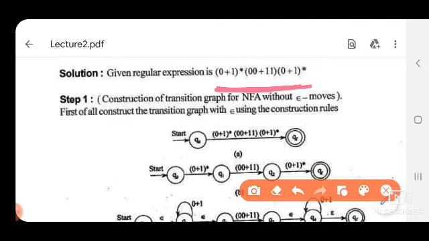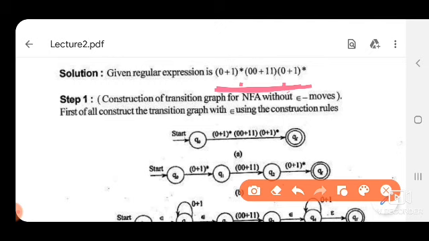If we see this expression, there is a concatenation among these three expressions. So, this is like R1 dot R2 dot R3. So, we have to convert this regular expression into a DFA.